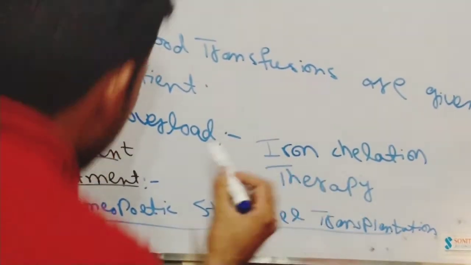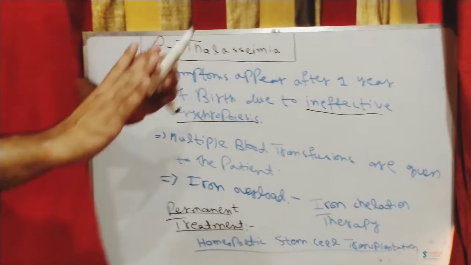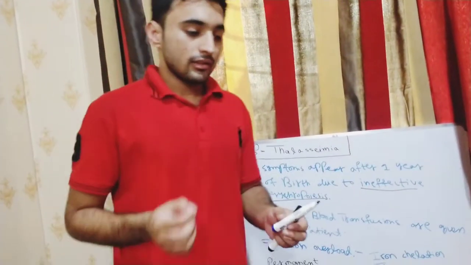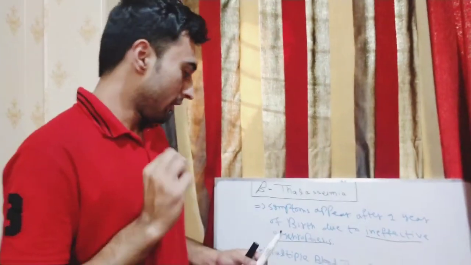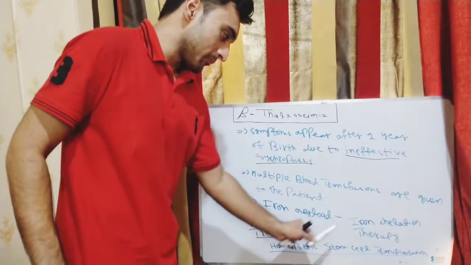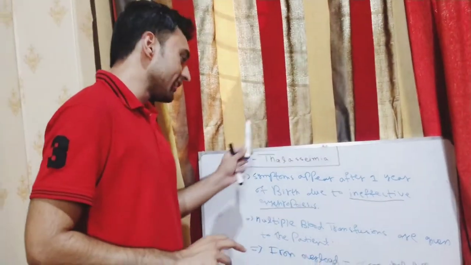So all these treatments, which include the multiple blood transfusions, are temporary. They do not treat the major thalassemia disease permanently. So in order to heal this major thalassemia disease permanently, the permanent treatment is required, which is the hematopoietic stem cell transplantation. So I have given you the brief description about the beta thalassemia disease and